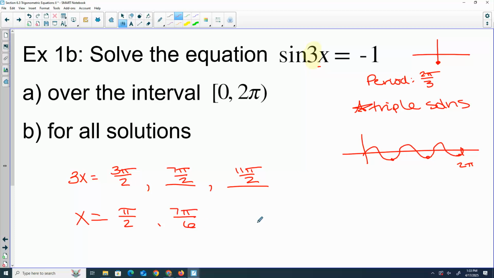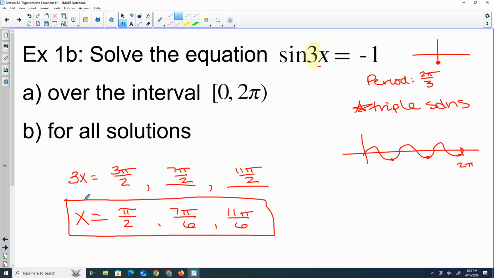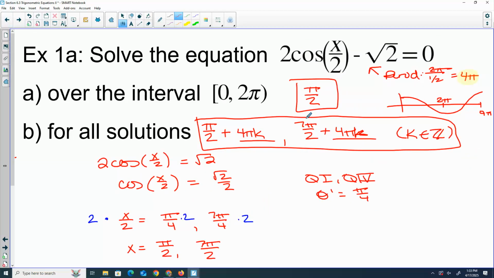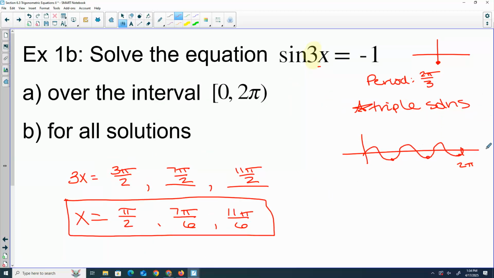7 pi over 6 and 11 pi over 6. So this one was a little bit different. On the first one, when I said 0 to 2 pi, I had to throw out one of my answers because this was a 1/2 x, we only had half of the graph by the time we got to 2 pi. This one, because it's a 3x, I have 3 complete cycles by the time I get to 2 pi,